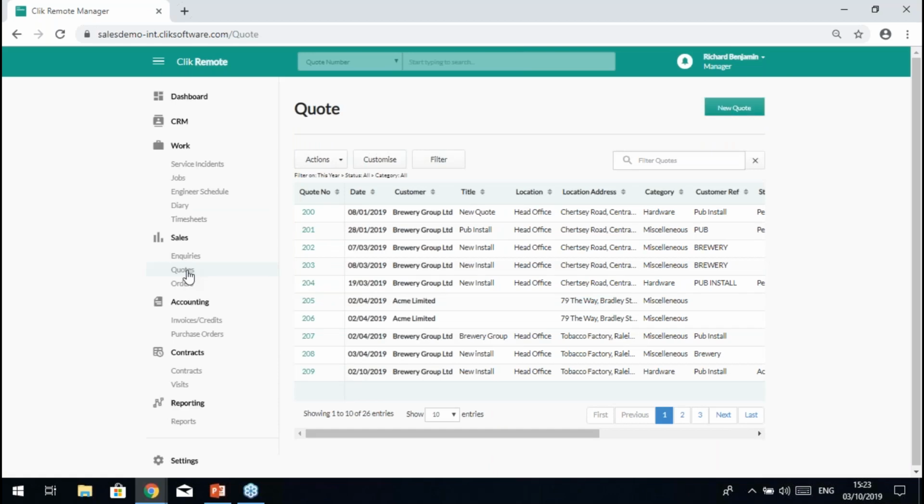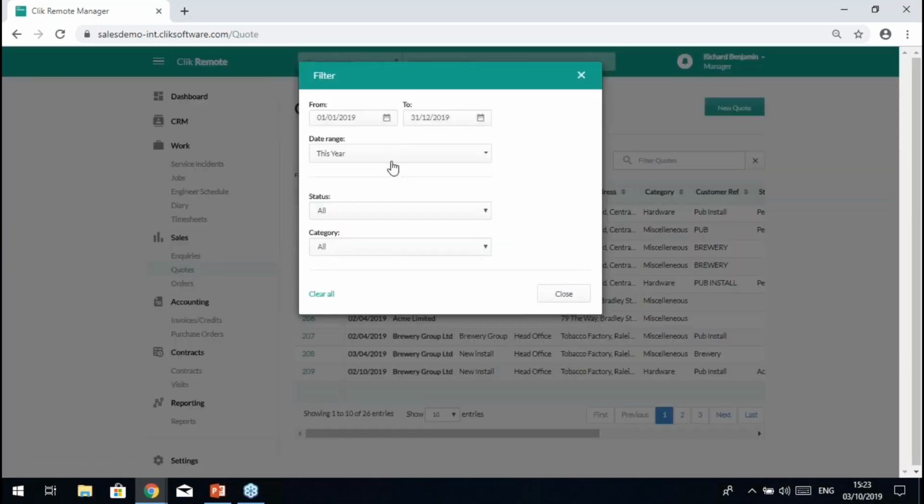Through quotes, we have access to active and historical quotes. So if we use the filter icon, you can see we're looking at quotes for this year. What we might want to do is look at quotes that are accepted so that we can then action them. So using the Clik Remote login, using the customer login,